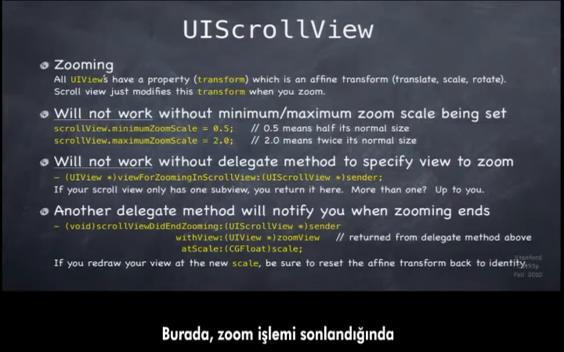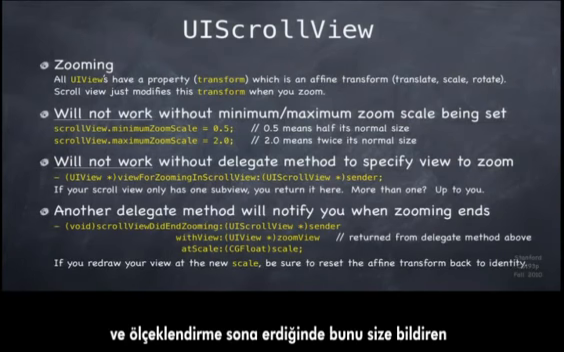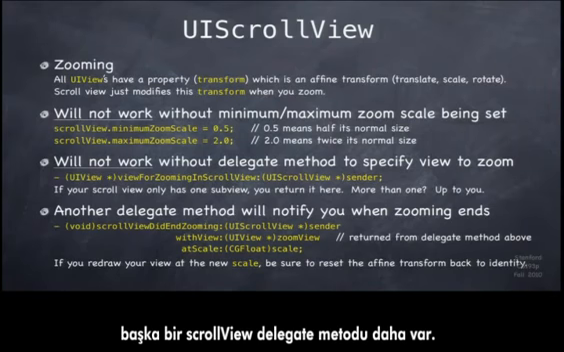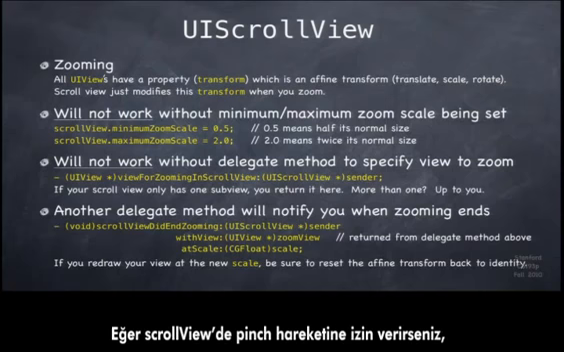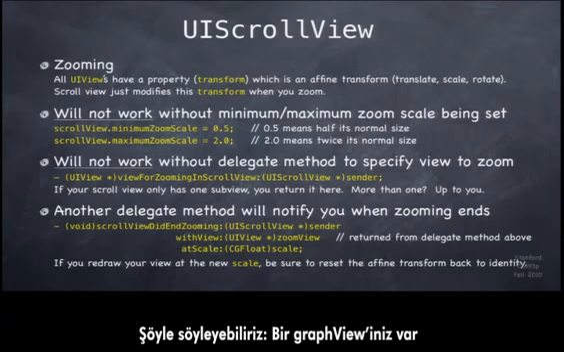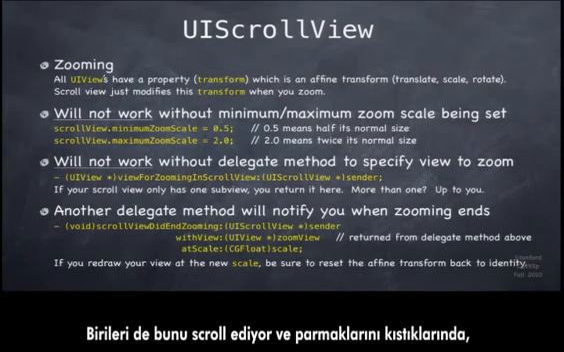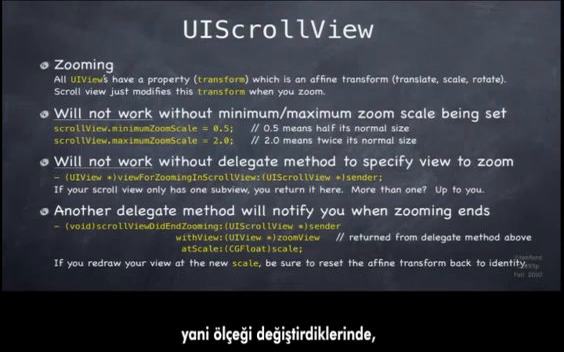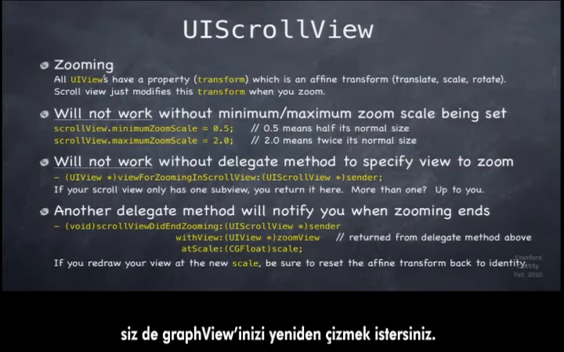There is another delegate method of the scroll view which will notify you when it's finished zooming, which view zoomed, and what scale it ended at. One thing to note here, if you allow the scroll view to pinch, remember that it's modifying this affine transform. Like, let's say you had your graph view, and you put your graph view in a scroll view, and the person's scrolling around. When they pinched in and let go and change the scale, you might want to redraw your